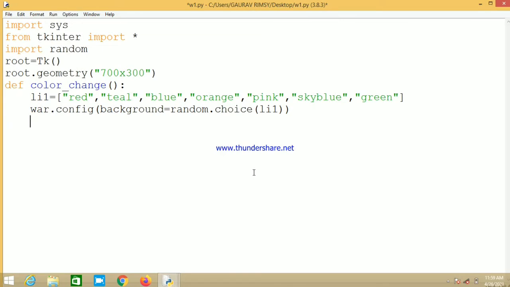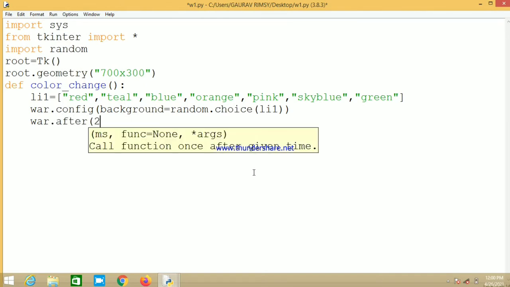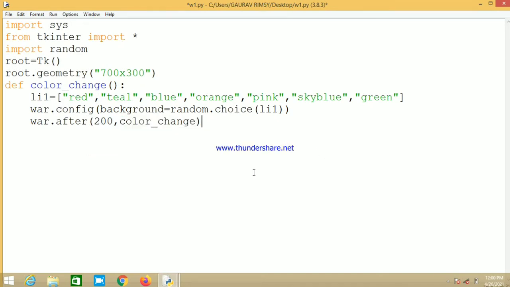After that we need to define here basically this config method is a method that is used to specify the configuration data to your program, and it is also used to reset its option at any time. Then we have var.after(200, ...), we are defining that function color change. Actually this 200 is a delay in milliseconds, that after this delay it will call that color change function again, because after a delay of few milliseconds, it is going to flash the message again with the different color. So this delay is very small.